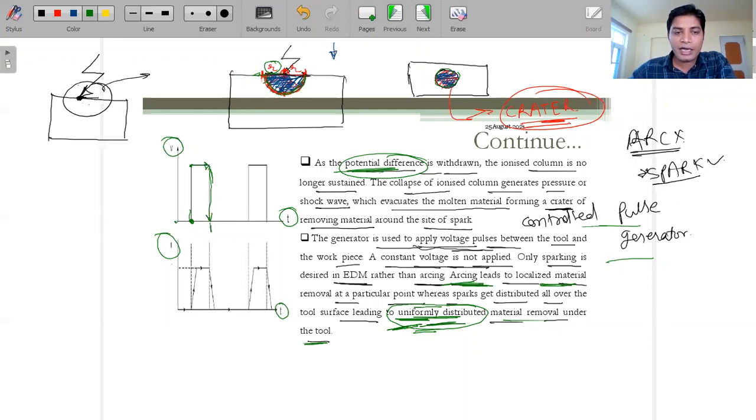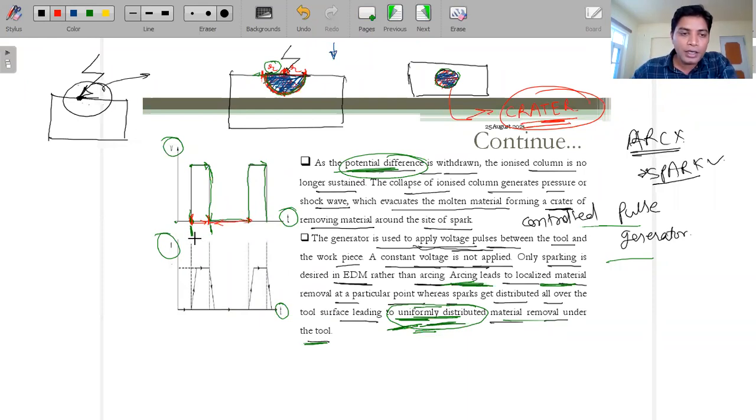Okay, so this is the time where the material is actually removed. After some time there is no potential difference, and again you supply the potential difference. Again it rises to the maximum, the material is removed, and again it becomes zero. If we talk about a cycle time, then from this point to this point we are supplying the current, or energy, and in this zone there is no energy.